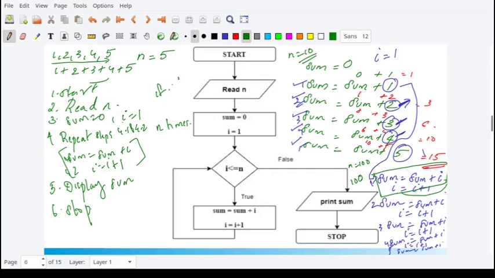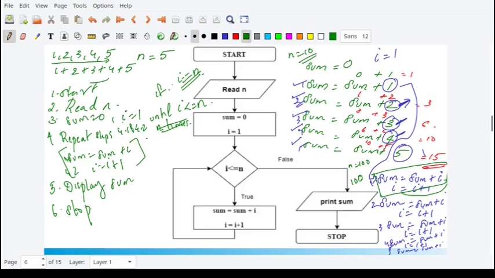If the value of I has reached n, or if the value of I is equal to n, then that means what? You have done these two steps n number of times, right? So instead of writing n number of times, you will replace it as repeat the steps 4.1 and 4.2 until the value of I is less than or equal to n. Okay, so once the value of I becomes equal to n, you do the 100th step or the nth step, the value of I will become 101.